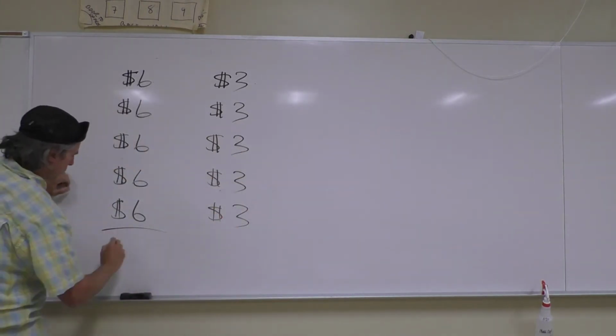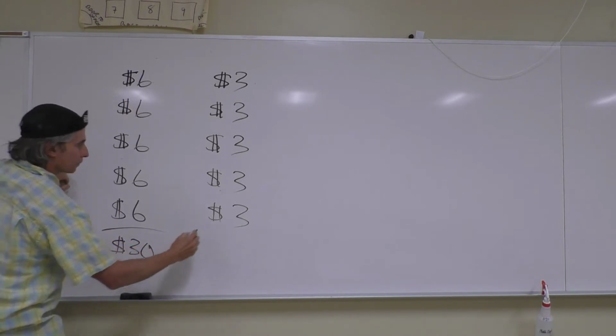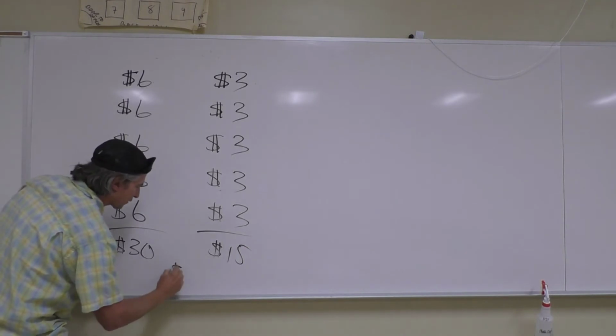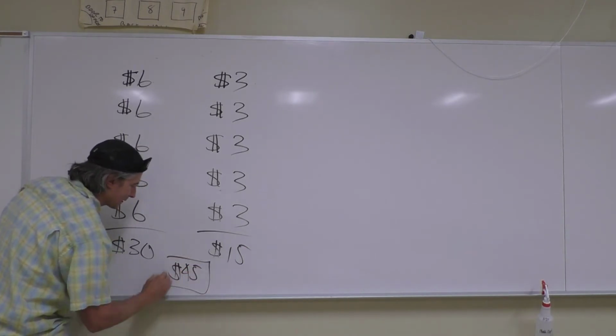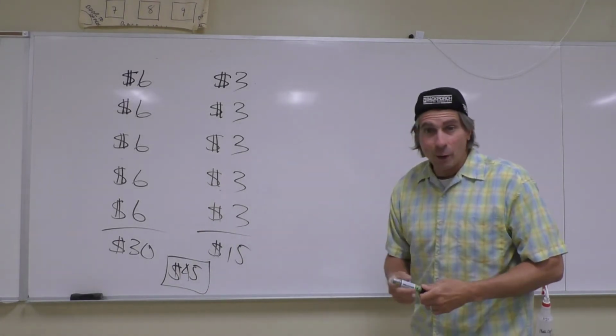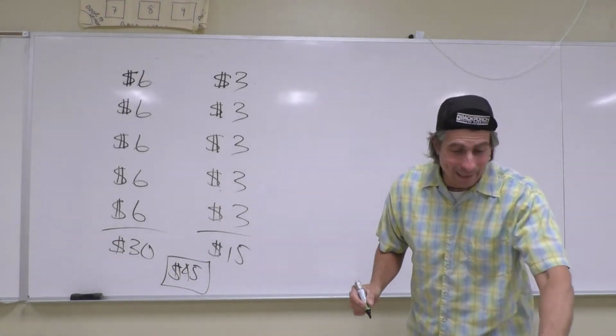Subtotal, that's 30 bucks. Whew, that's pricey. Subtotal this, that's 15 more bucks. Altogether, that's 45 bucks. 45 bucks. Now, again, you can do it this way, or you can do it the way I indicated in number 6